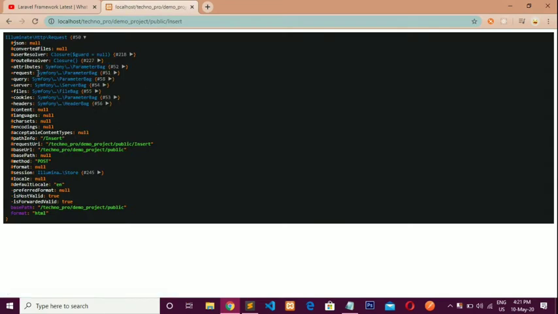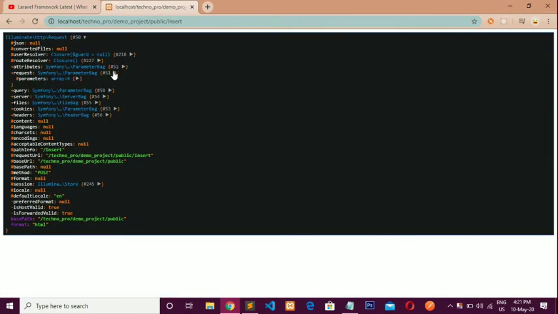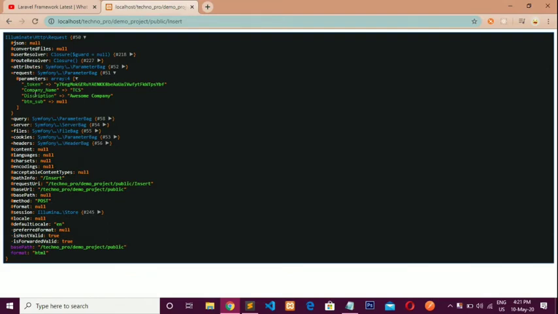Okay, here you can see I am getting the data: token successfully generated, company name is TCS, description is awesome company, and last is the button submit.